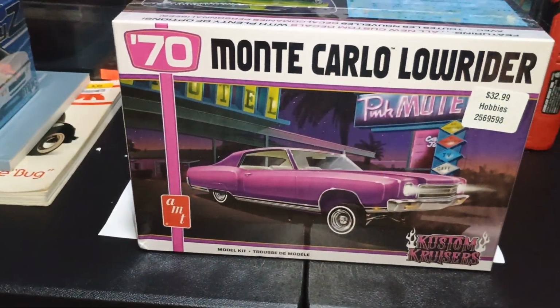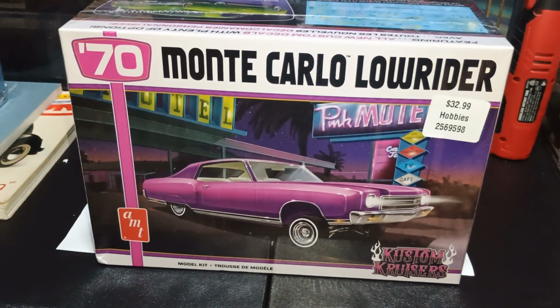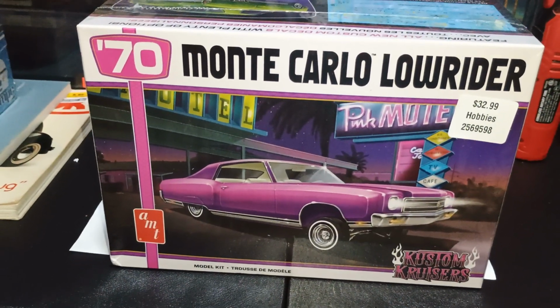I found me a low rider. So this is the 70 Monte Carlo lowrider. I have not seen a build video on one of these guys. I mean, guys, what are you waiting on? Come on, JT